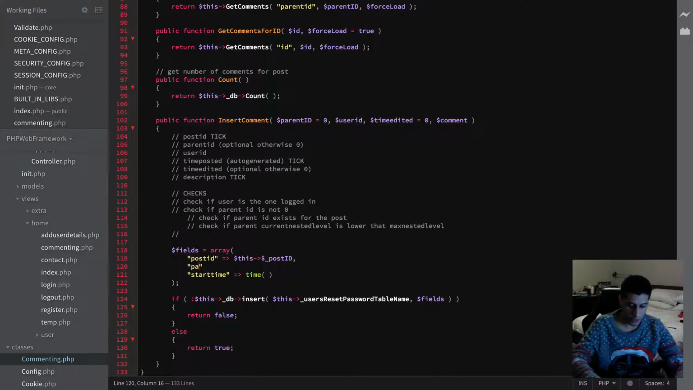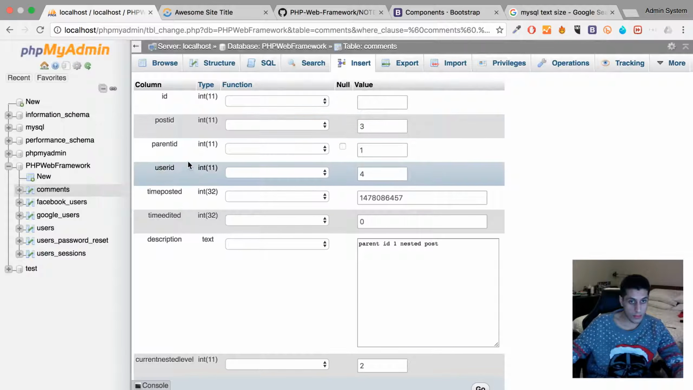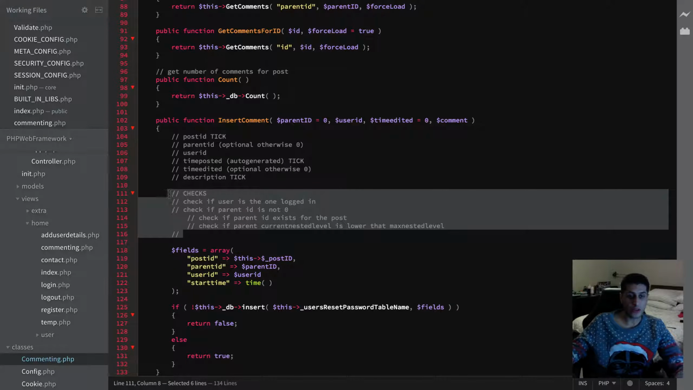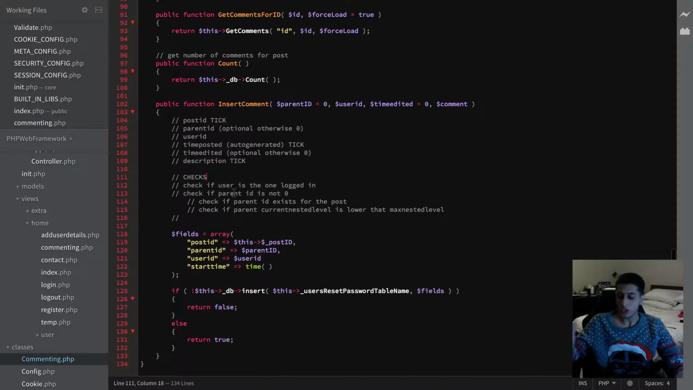What we're going to have is a parent ID, and this is $parent ID. We're going to have user ID, and for this it is $user ID. Oh yeah, if any one of these fails, then we would just return false, and as a result that means something has gone wrong, and in the front end we'll just say error occurred whilst posting comment, please try again